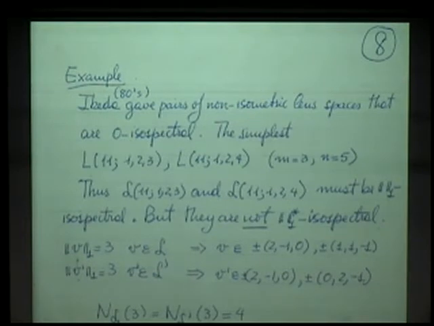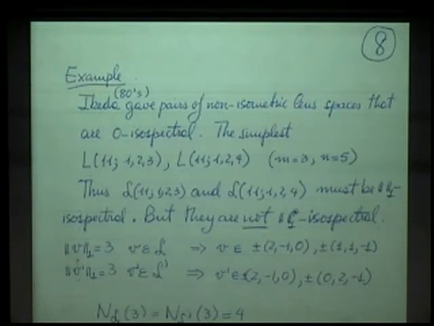So let's just see an example. So here is Ikeda's example. These are isospectral, zero-isospectral functions. So this is for length spaces of dimension 5, and so m is 3, n is 5. So the associated lattices, if these are isospectral, this might be norm 1 isospectral, right? But let us see that they are not norm 1 star isospectral.